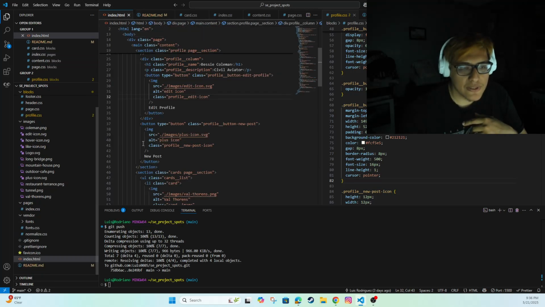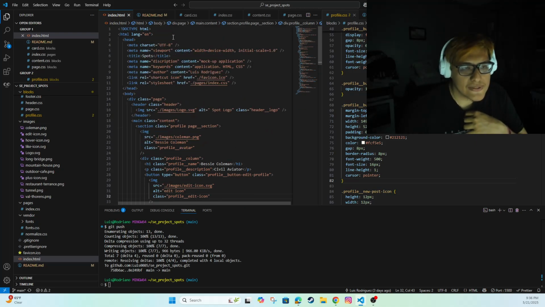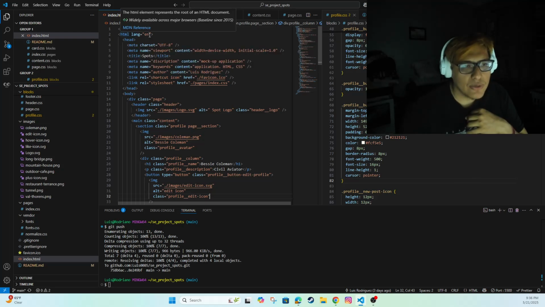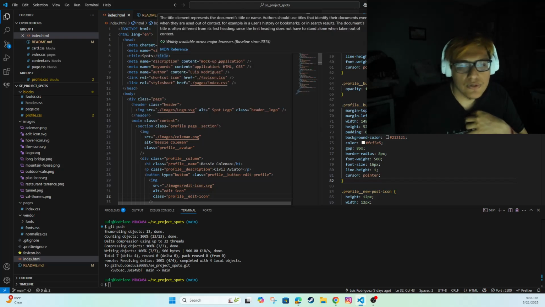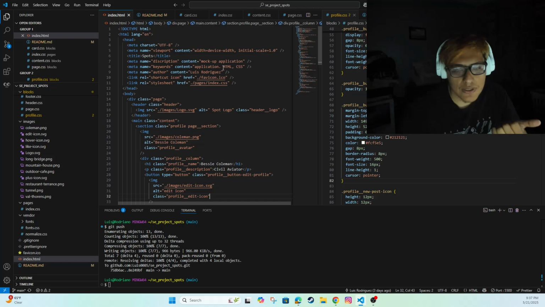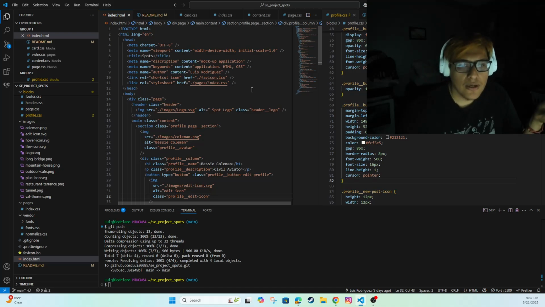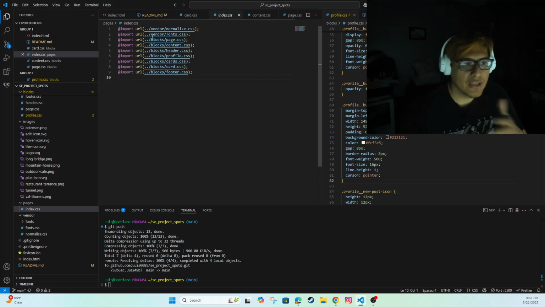Right here, like I said, we have the index. We have all of our classes. We have HTML language English. We have the meta charset, viewport, device width, initial scale, description, content, keywords, the author, that's me, and then keywords like application, HTML, CSS. Those are the technologies that I used. The style sheet, the reference, the page indexes, and then from that index CSS, everything else is linked through